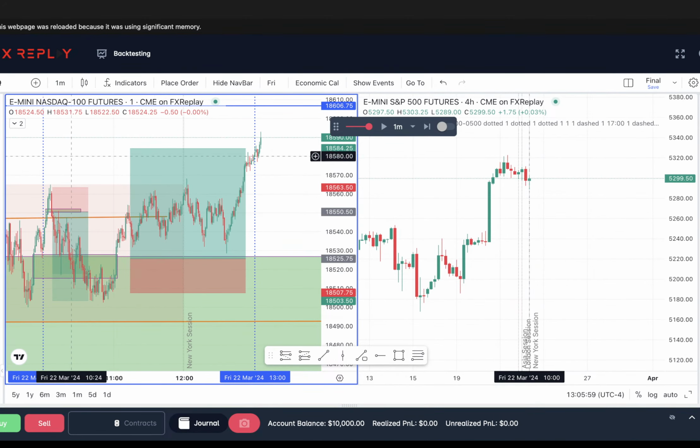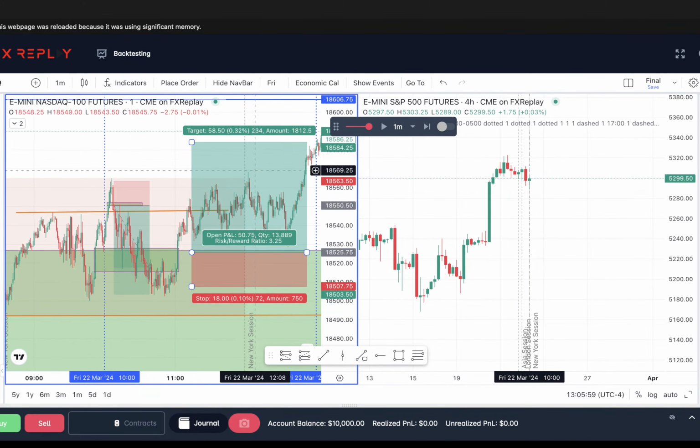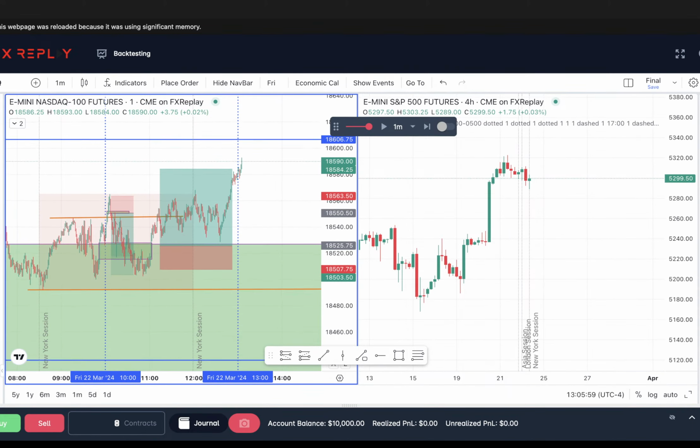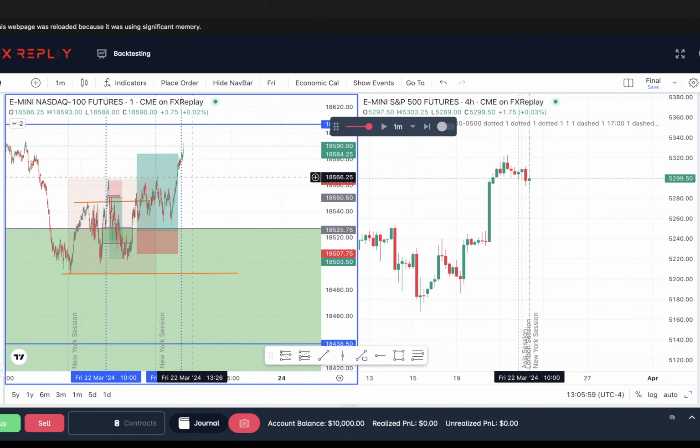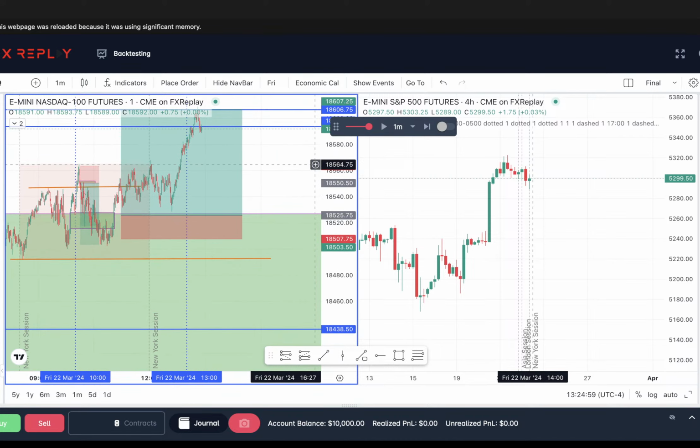Obviously, though, this was a day where most of us probably would have waited for a reaction off this bullish green fair value gap, because the 4 hour gap, we marked it for a reason. And then maybe you can take it all the way up to this buy side liquidity. All right, so let's see if it goes up there. Obviously, there's some liquidity here, and there's actually equal highs right here. So that's a perfect place to sell as well. But boom. So yeah, that was the bigger trade of the day, obviously.